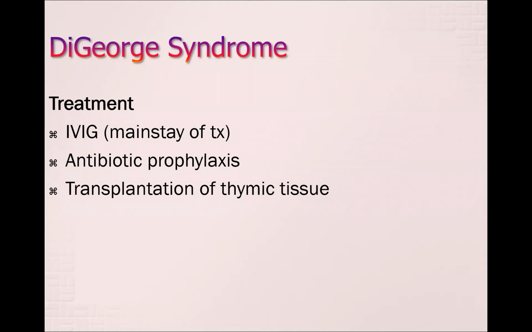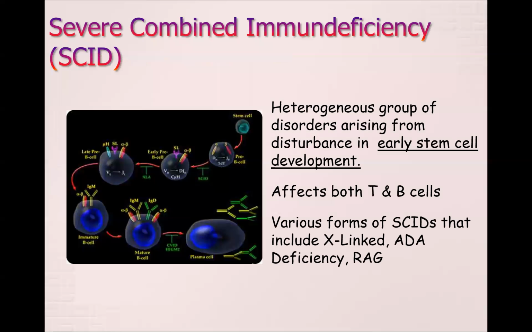of treatment currently. It is used for patients that are having problems with recurrent infections despite IVIG infusions and aggressive management of their infections, but just know that it's not the primary mode of treatment just because of the secondary immunodeficiency it can create. So severe combined immunodeficiency, or SCID,